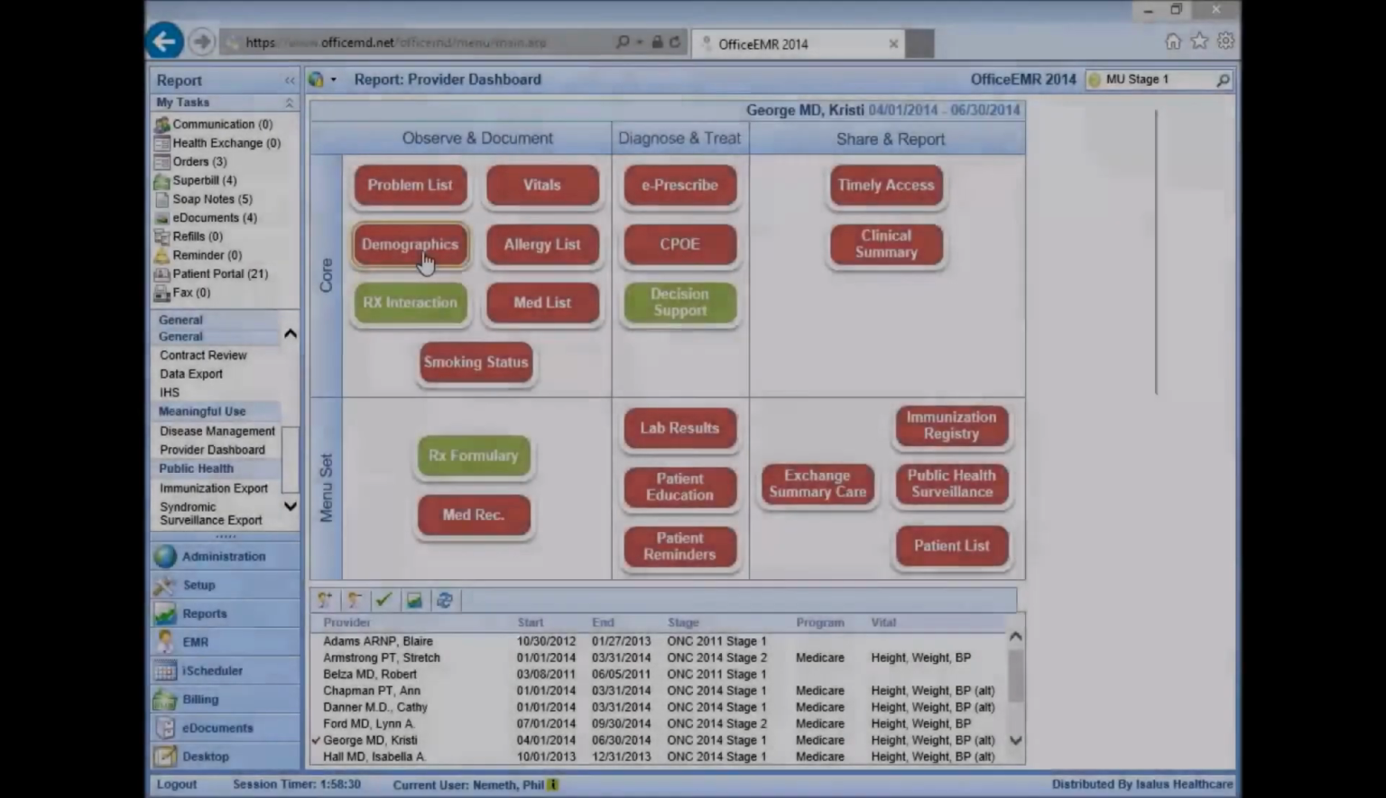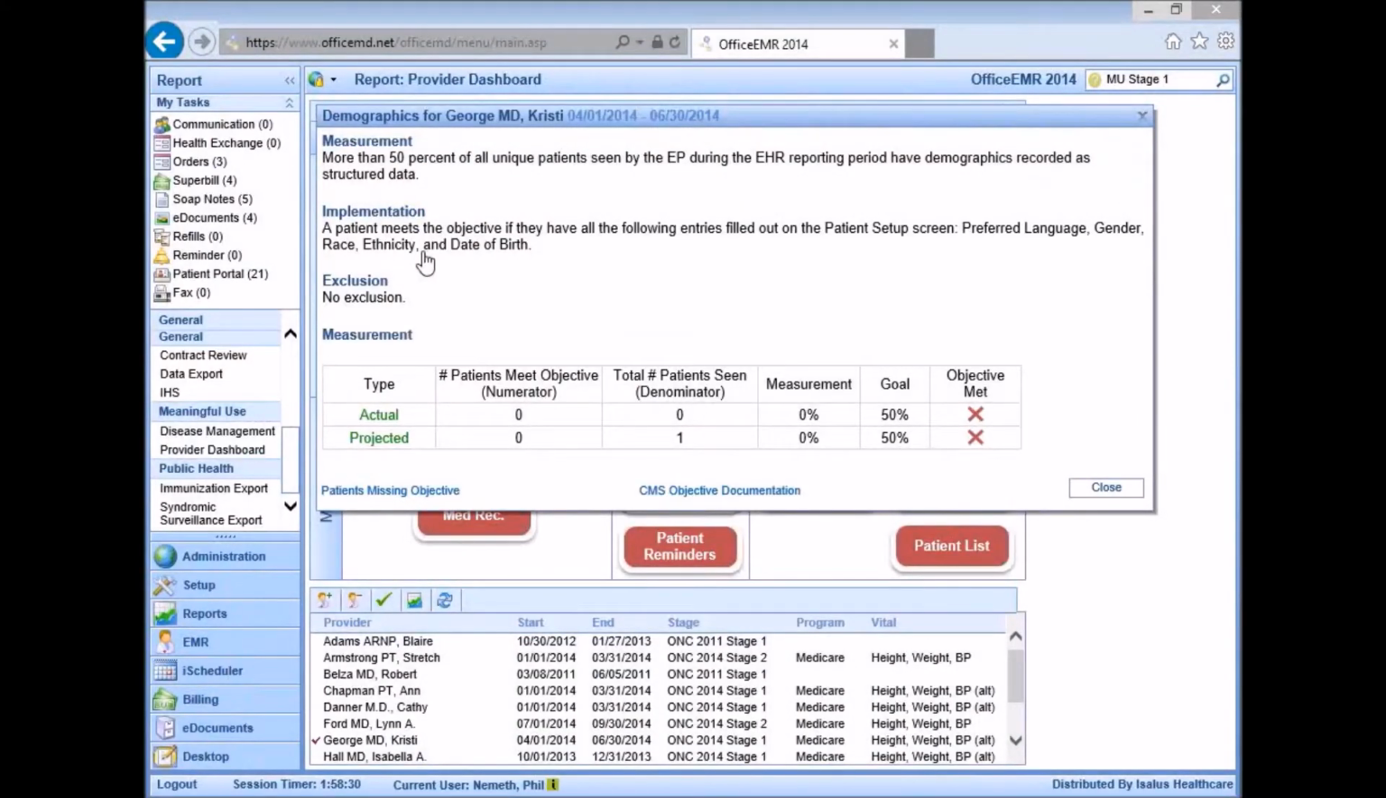Okay. The next objective we have here is for the demographics. So we will go ahead and pull that up and take a look at what we've got in the window there. So basically what this objective is stating is that for 50% or more of all the patients we see during the 90-day reporting period, we need to make sure on the patient setup window in our system that you're